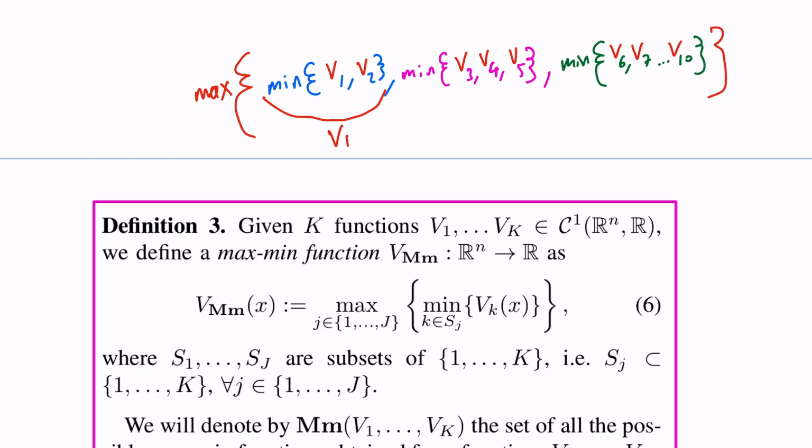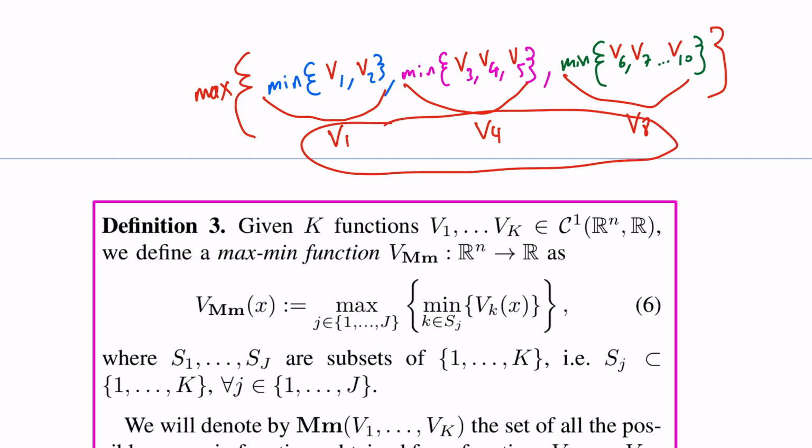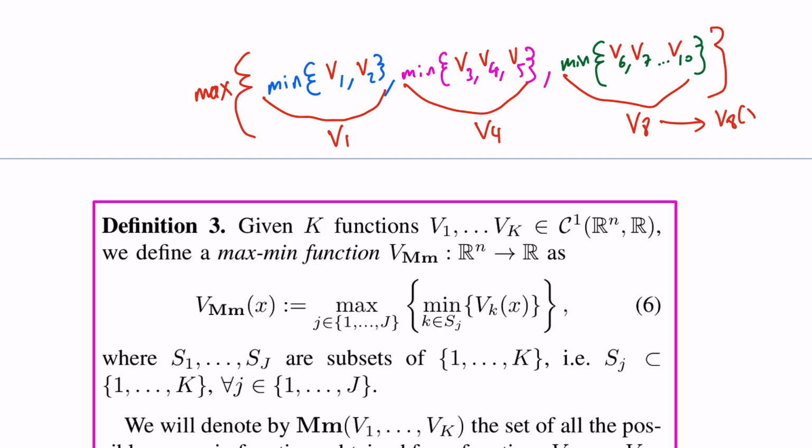Let's say this is V1, which one is minimum? Let's say V4, which one is minimum? Let's say V8. And then you ask the question, which one is max among those 3 functions? Let's say V8, and then you return this one as the answer. For any given X tilde, you compute and then return that value. So this is the procedure by which you